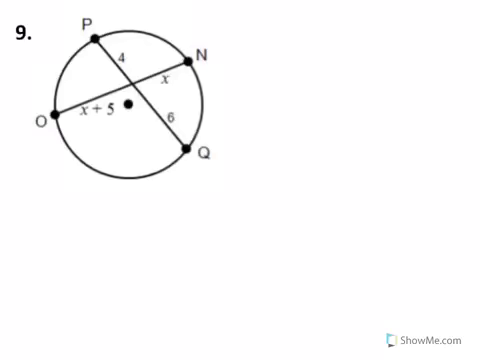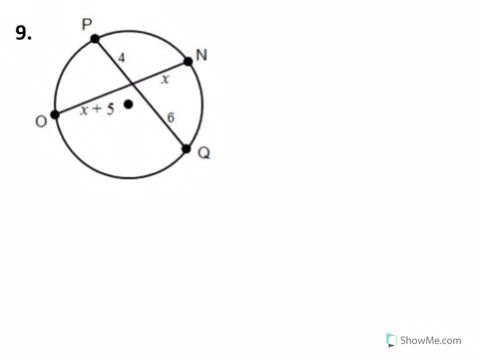So here we have a circle where we have two chords that are crossing, and we know that when two chords intersect in a circle, the product of their segments are equal. And so if we look here